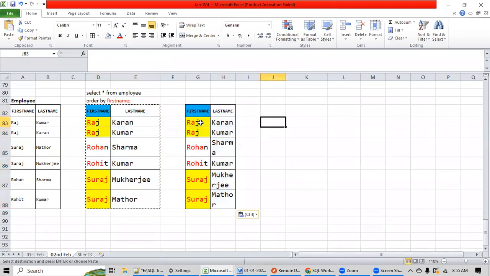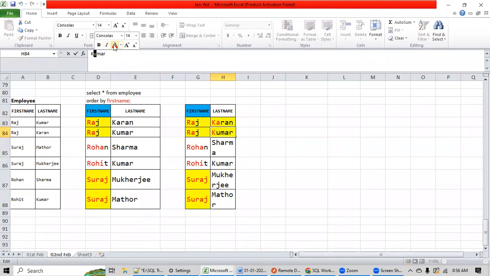Here, if you see Raj Karan and Raj Kumar, the first name is exactly the same, right? There is a conflict. So in case of conflict, my stakeholders are telling me to check the last name column. Don't take any random decision. Check the last name. In the last name, here it is K, and here this is also K. They both are the same, correct? Then what will the engine do? You go to the next character. Here it is A and here it is U. Now which comes first, A or U? A. So we have to display Raj Karan and then Raj Kumar.